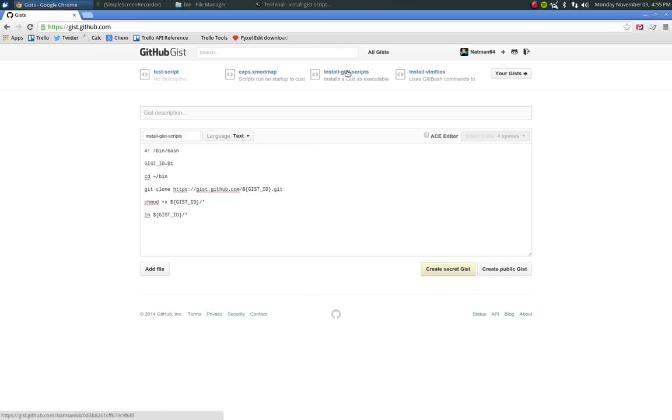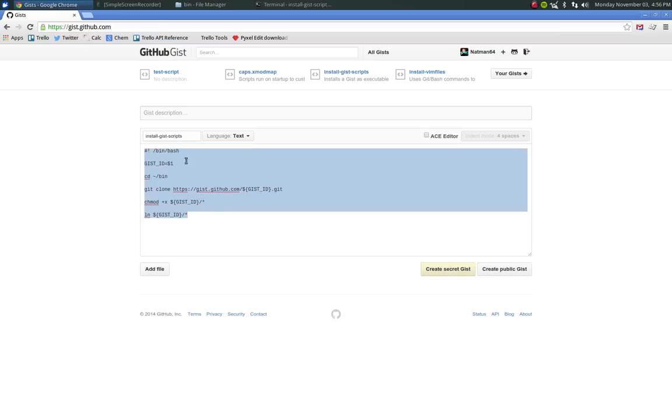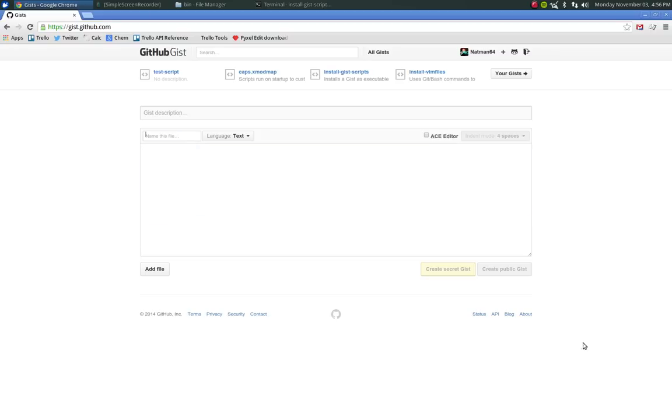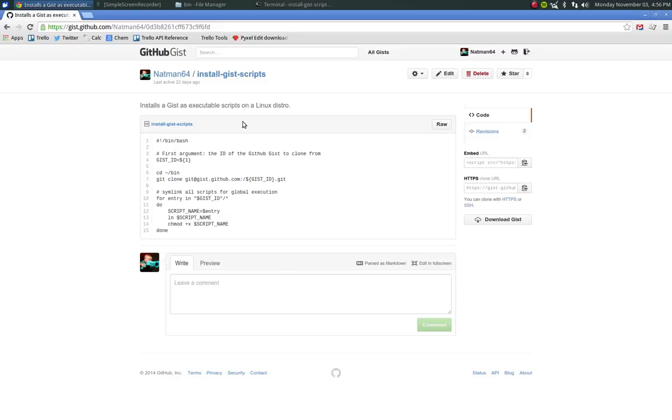You can see that I've already made this gist. So what you should do is click create public gist. I'm not going to do it because I already have. And then go to the URL of your new gist, which should look like this. Actually, you can see that mine is a little bit different, but there's really no difference. Either way it should work. If you want to come here and look at the difference in this script and try it out, I am 99% sure that there's no real difference in how they execute. But yeah, so take the gist ID, copy it,